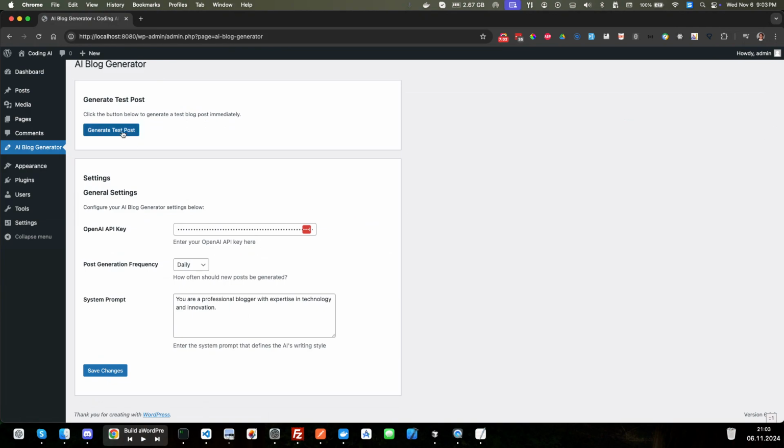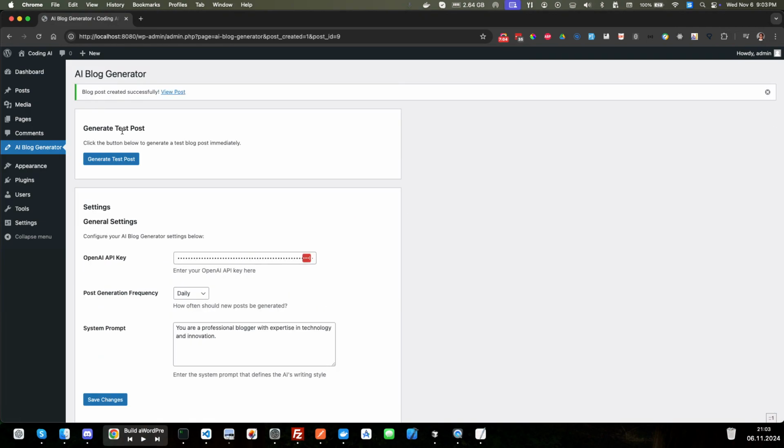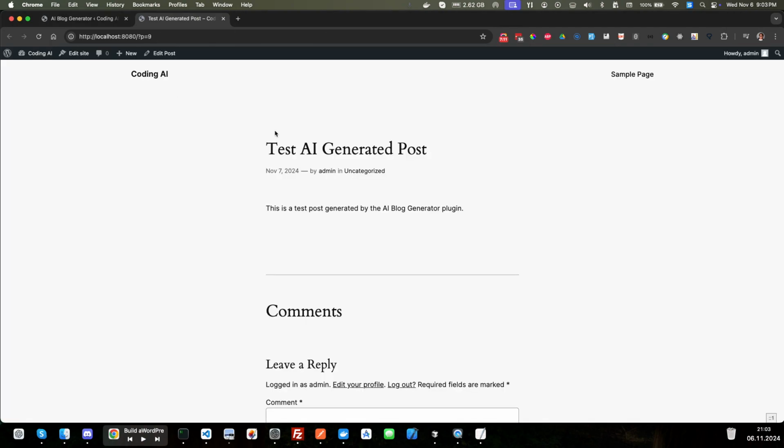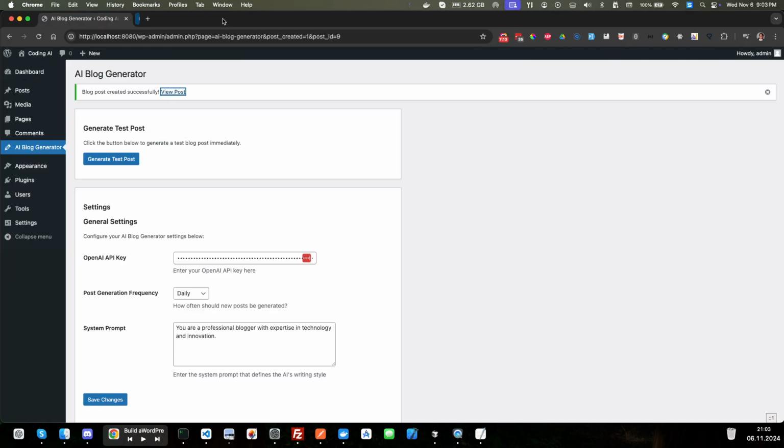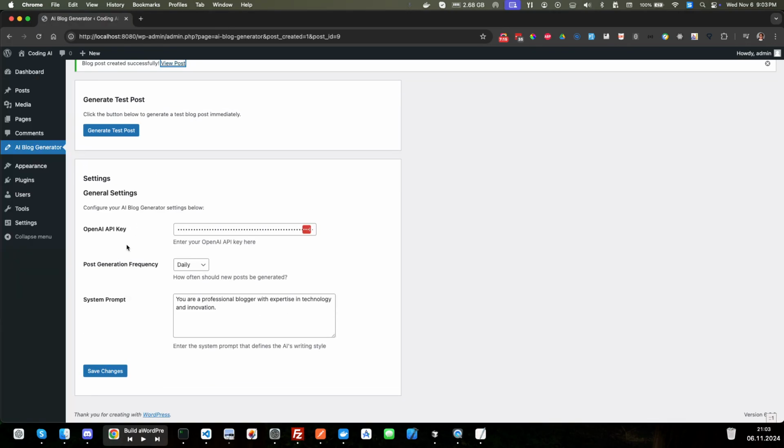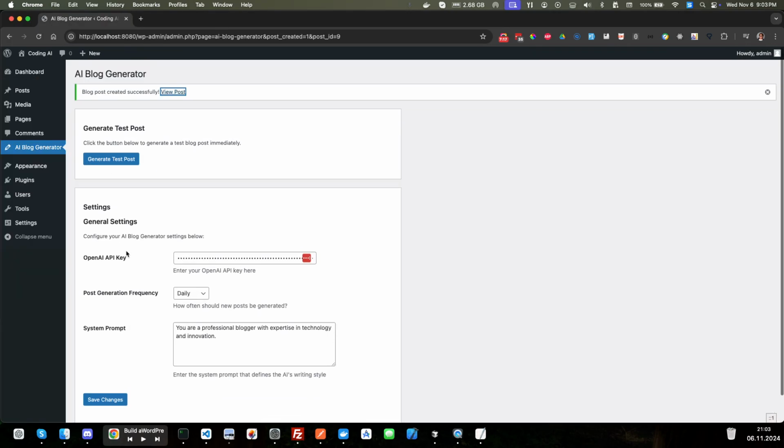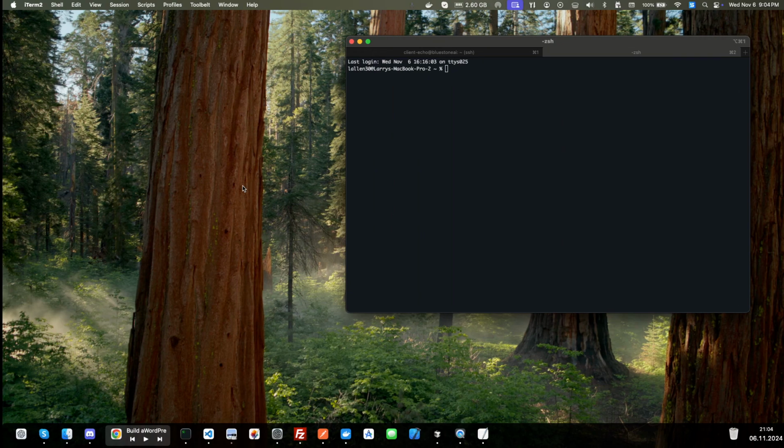Let's test our generate button. Blog created successfully. We can click to view the post. Okay. And it's not, let's change this because we don't want it to be a test post. We want it to use the API key. So let's say